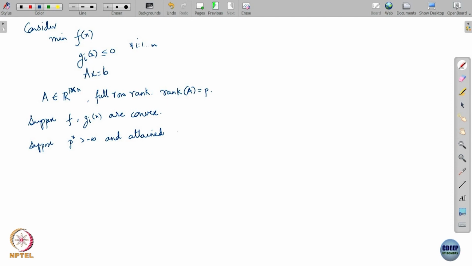Okay. So, that means the optimal value of the primal is finite and it is attained by some point x